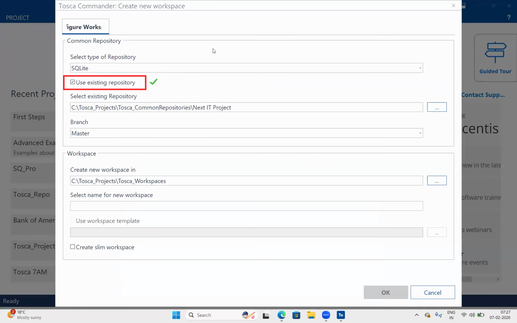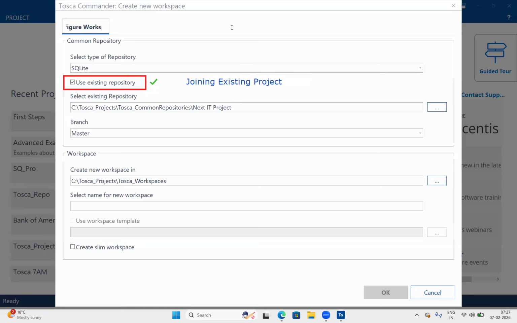If this checkbox is selected, you are not creating a project, you are just joining the existing project using your allocated laptop.